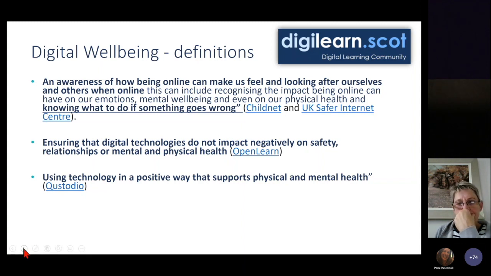Now, the revised award hasn't been launched yet. We're hoping that it's going to be launched within the next couple of weeks. As soon as I have that information, I'll be able to share that with Pam. But please do register, have a look at what's there already, and you'll be able to see the revised award, hopefully within the next week or so.